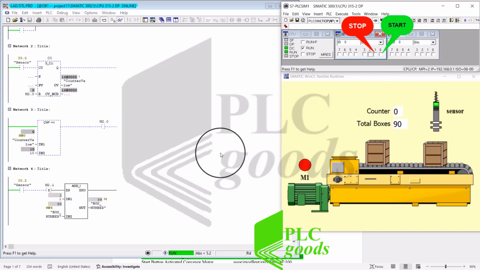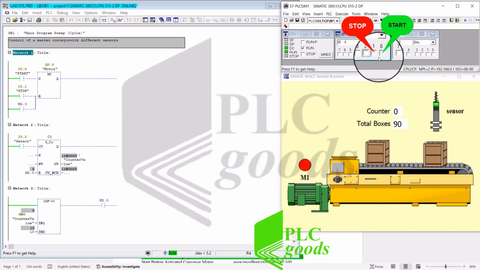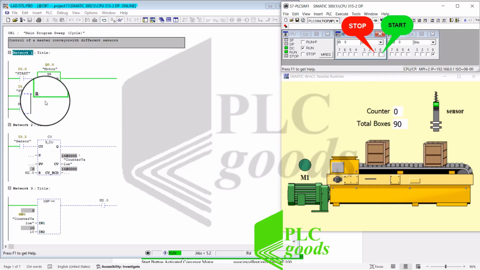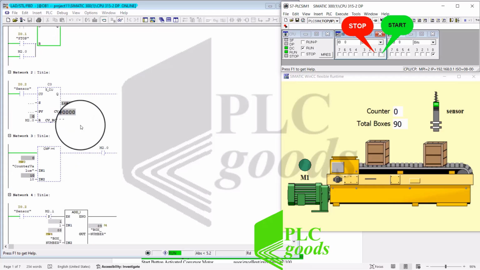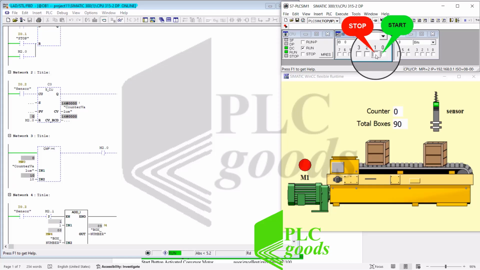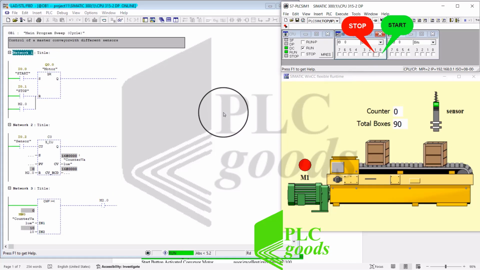I start it again. Q0 on, and when I stop it, it turns off,